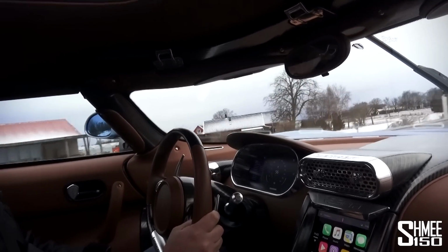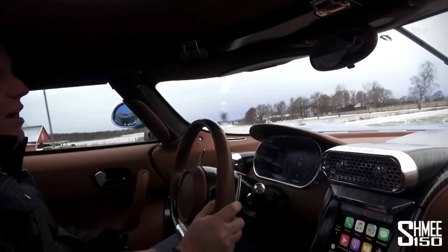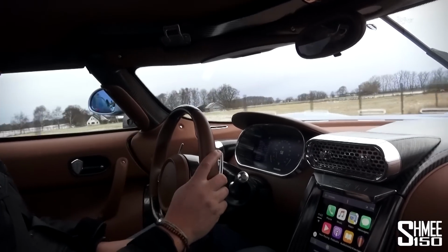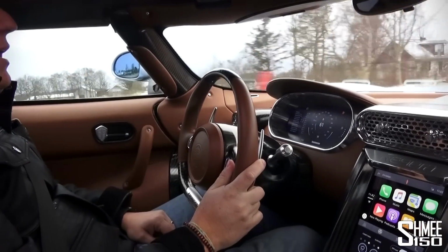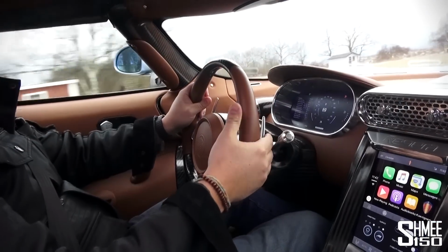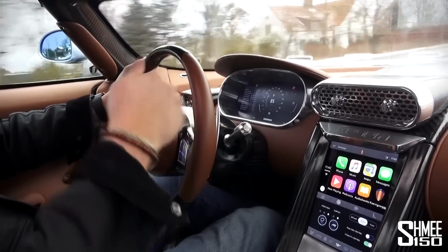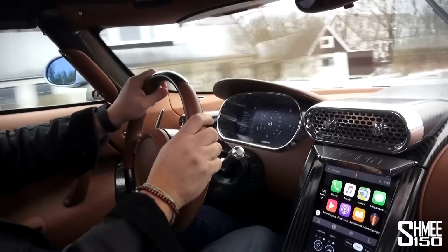It allows the engine to give power to the rear axle without the need to have the exact same RPM. But when I go at this speed, it's now like locked up to the rear axle. But I can decouple it by pushing here, so it becomes similar to a shift down. It's a little bit slippery, but I'll show you anyway. So then I push there and then it revs up. So you can lock it up and free it up depending on...